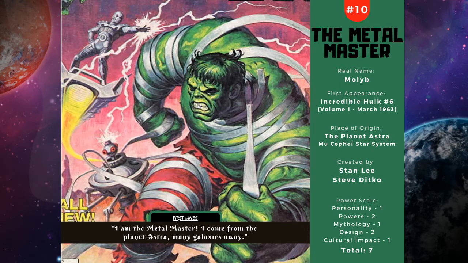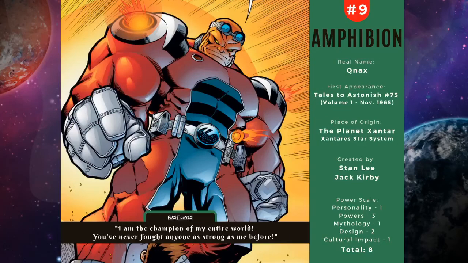So, like I said, we're going to get to the more heavy hitters here in a sec. And number 2 on the list, which is actually number 9, is going to be Amphibian, and something that's pretty classic Marvel 60s lore is to take common words and just tweak them a little bit so that they sound more exotic and fun.